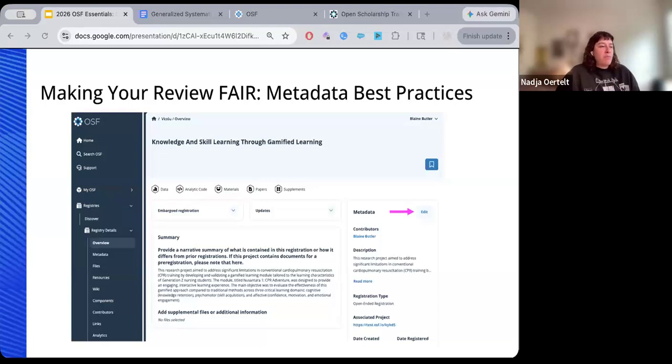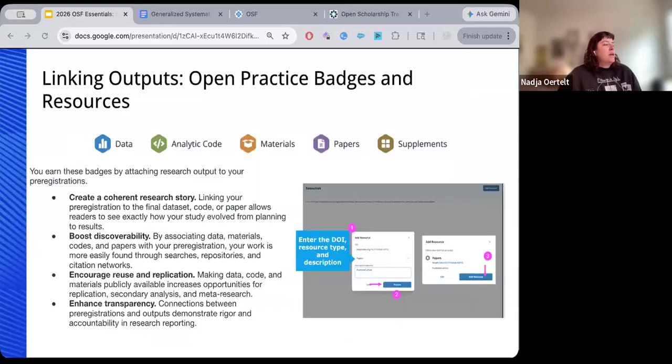And in general, the more complete your registration is in terms of template fields, metadata, and connected files, which I'll talk about in a second, the more useful it is to someone who wants to update your review, replicate it, or learn from it. So I think the registration itself is a method as well as a resource itself.